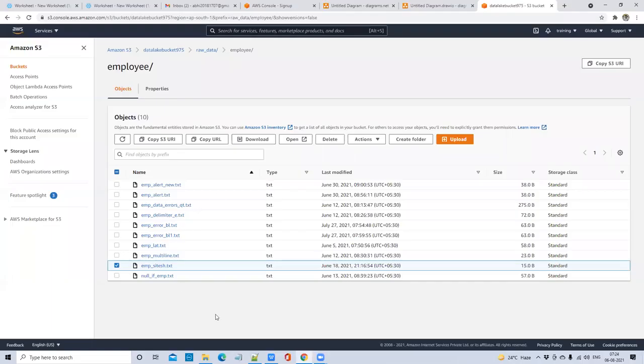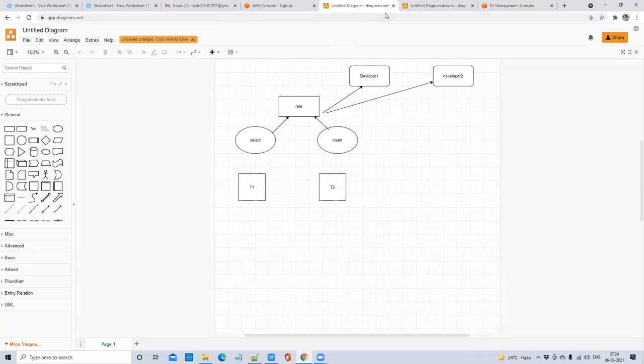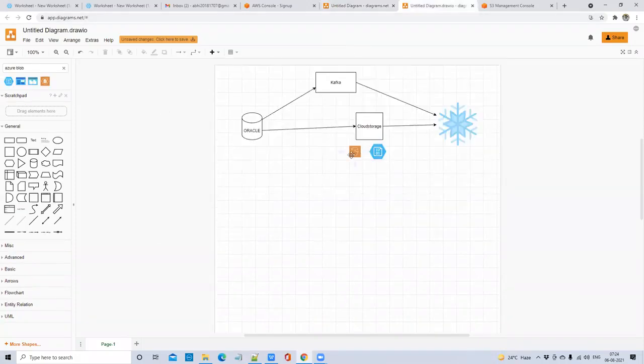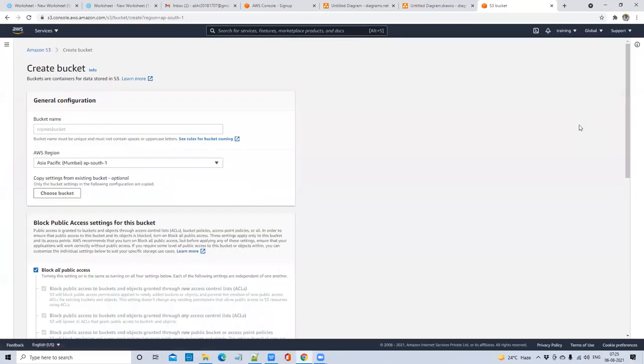First of all, we'll see what the terminology in S3 is. First, the high level folder. These are all called, you can say, folders, but generally the terminology is bucket. That is why in the diagram you'll see a bucket symbol that I have drawn here. So the high level or top level folder is called a bucket. If you want to create a bucket, just click on create bucket. The bucket name should be unique, and here I'm giving the bucket name as Snowflake.